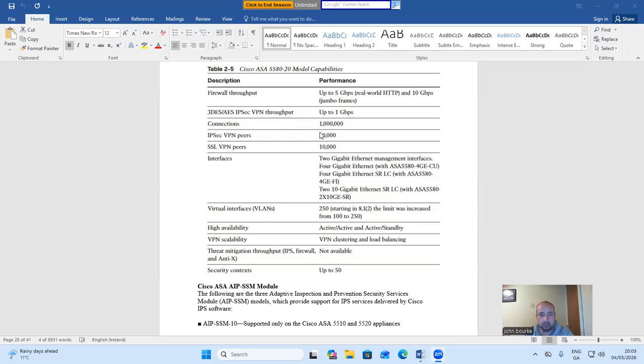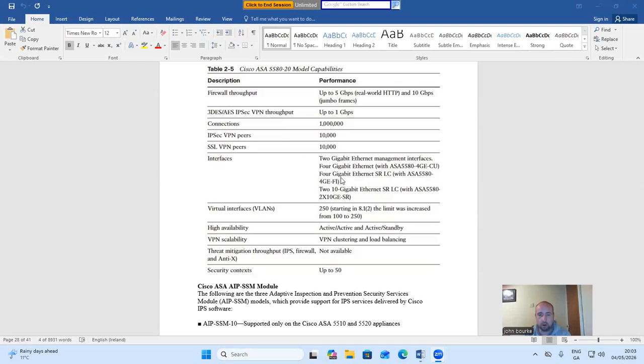Connections: 100,000. IPsec VPN peers: 10,000. SSL VPN peers: 10,000. Interfaces: 2 Gigabit Ethernet management interfaces, 4 Gigabit Ethernet with ASA 5580 4GE-CU,